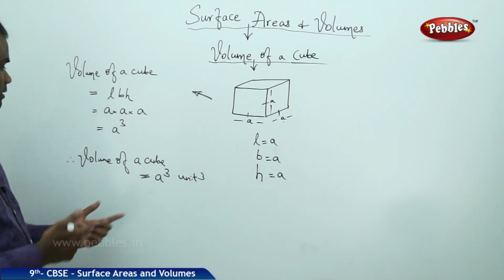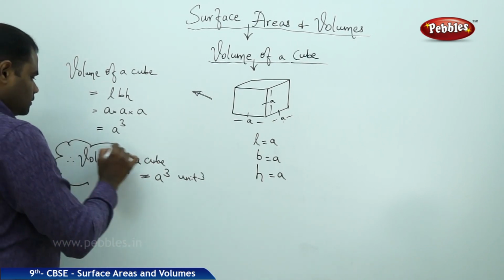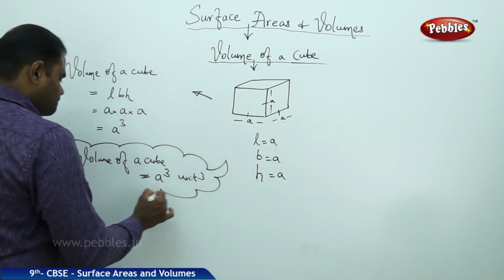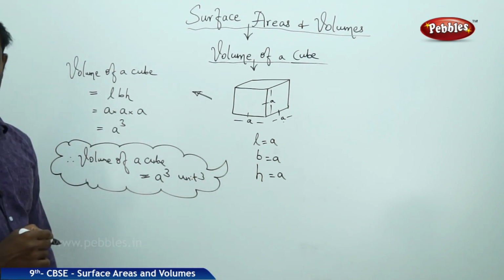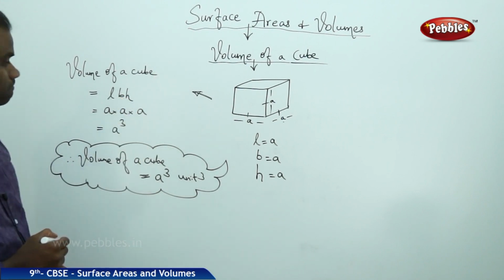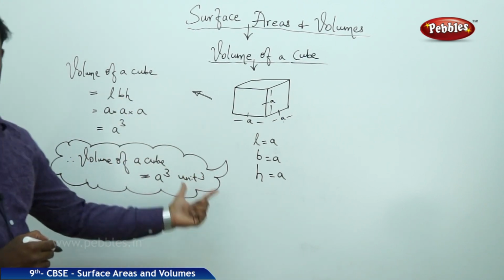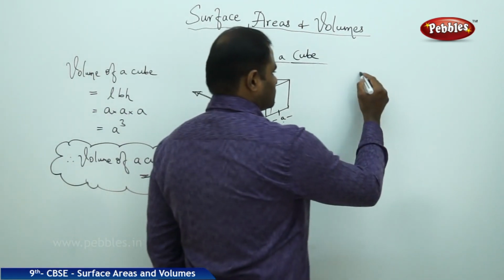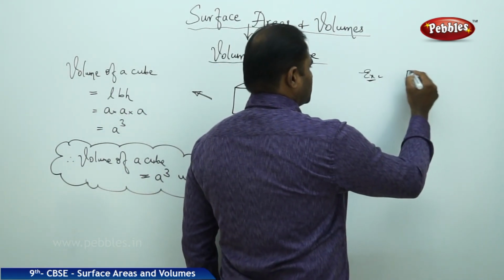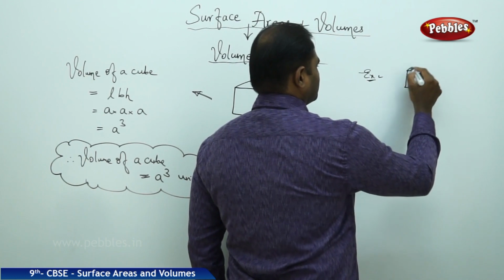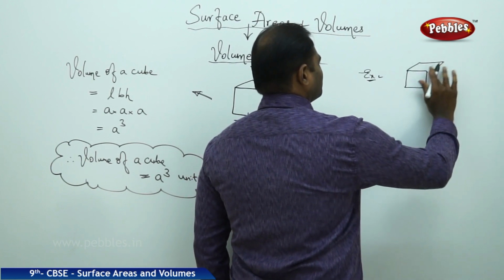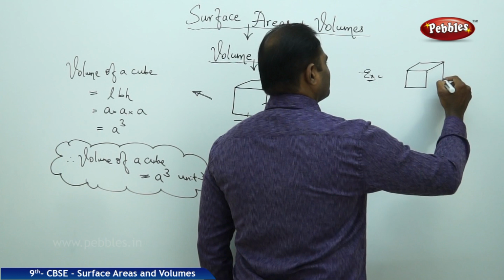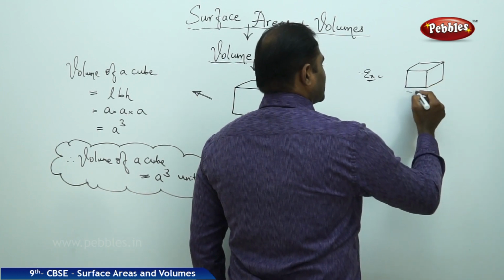That is how we understand the volume of a cube, understood through the formula of a cuboid. Volume of a cube is A cube unit cube. So for example, if I take a cube of side